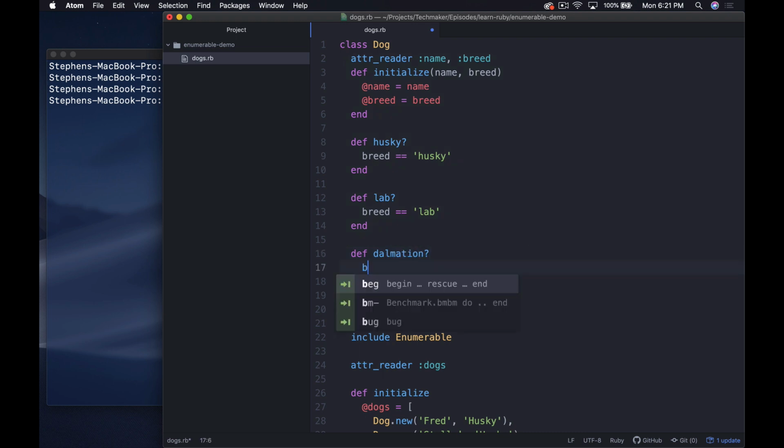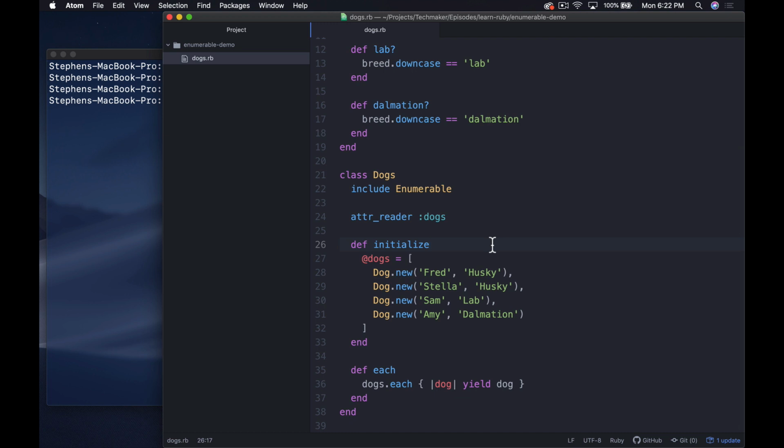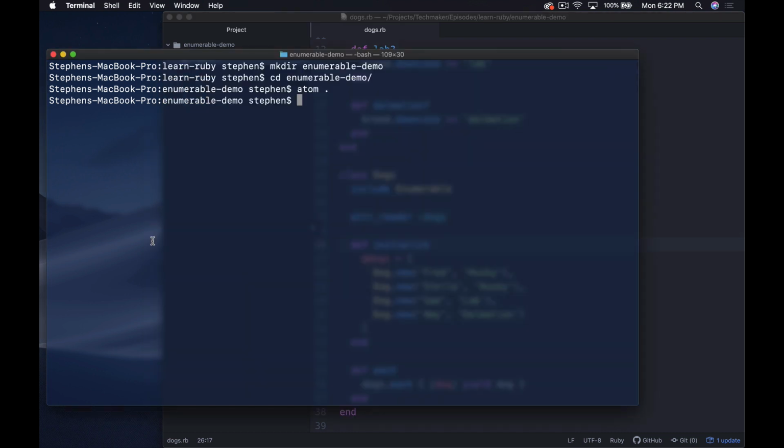Same deal. Breed is Dalmatian, and I need to downcase all of these. I was going to fix the capitalization, but somehow that's less easy than downcasing everything. I don't know, whatever. Okay, so let's go back into IRB and let's require